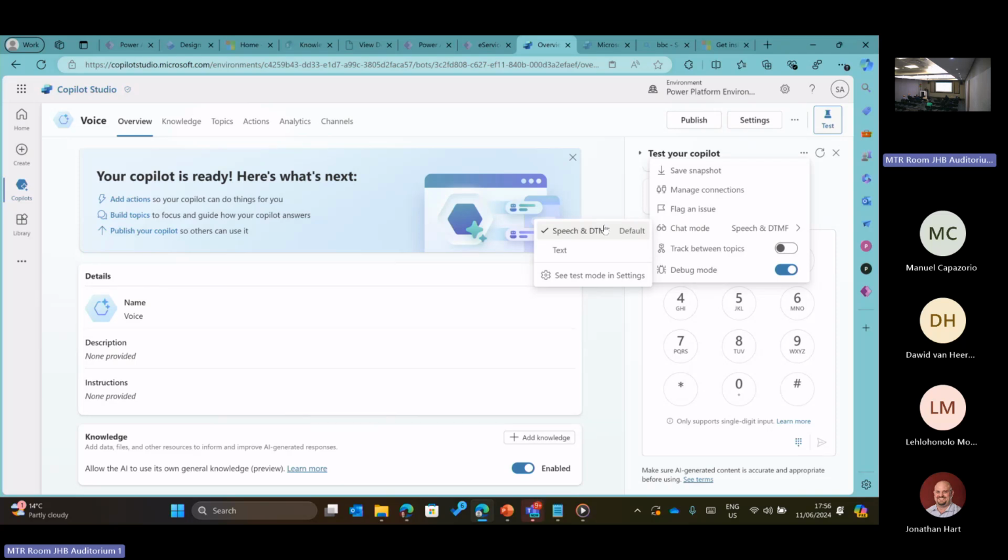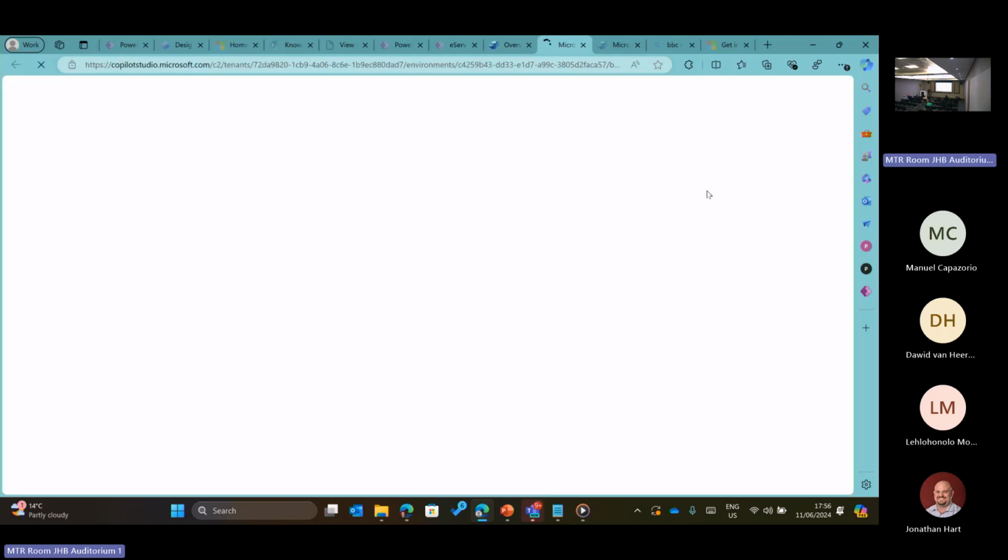Another thing, I forgot about this one a little bit earlier on, but you'll see something here called Manage Connections. Manage Connections, this is kind of also snuck in, but it's really cool. So if you've ever built a Power App, when you connect to something, if I'm using a Power Platform connector and I'm connecting to something, typically that connection, when it executes against that data source, maybe it's speaking to SharePoint or it's speaking to Teams or it's speaking to SQL, that will execute under the context of the person using the app. But so far in Copilot Studio, when you add a Power Platform connector to it, it executes that under the context of the person that created the chatbot, that created the Copilot, not the person using it,